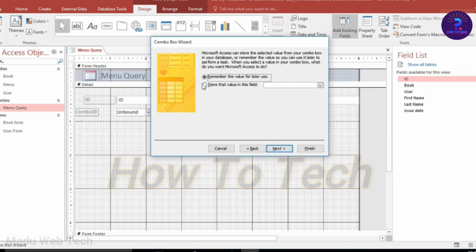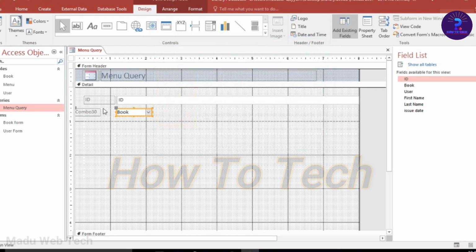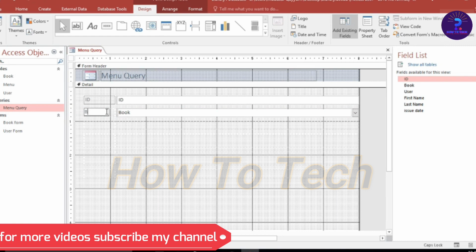Next, next, and here select store and book. Okay, now drag and here also set name book